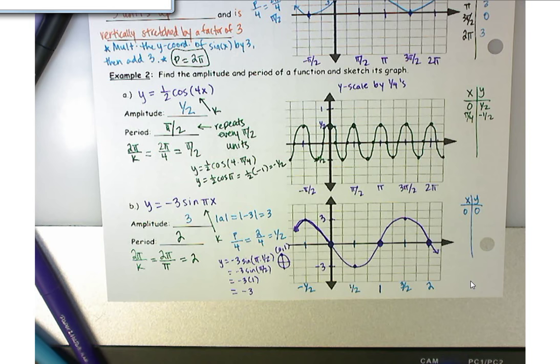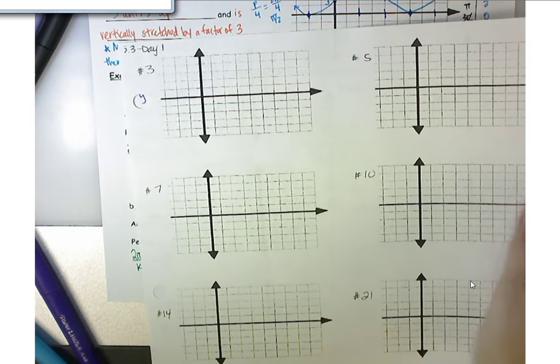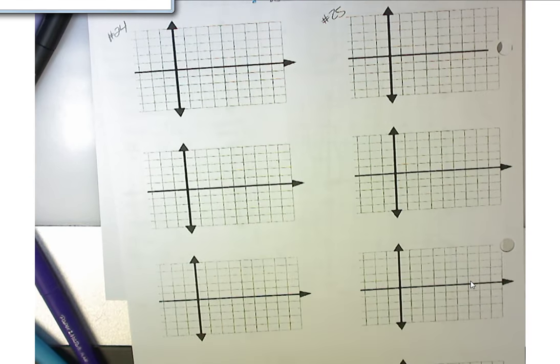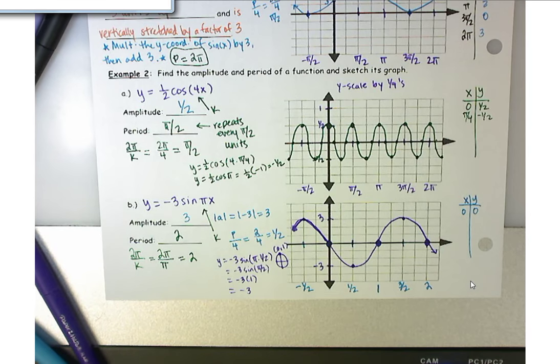Okay, so I gave all of you a graph paper, and your graph paper actually has all of your homework on it. So your homework is just the 3, 5, 7, 10, 14, 21, 22, 23, 24, and 25, and then those are just extra graphs. They're blank. Okay, you don't have your key up on Google Classroom, which means I am going to be doing what tomorrow? Checking your homework. Okay, and then I will put up the key when you guys come to